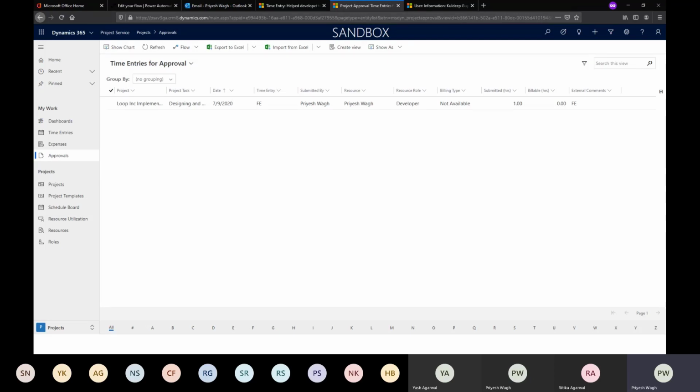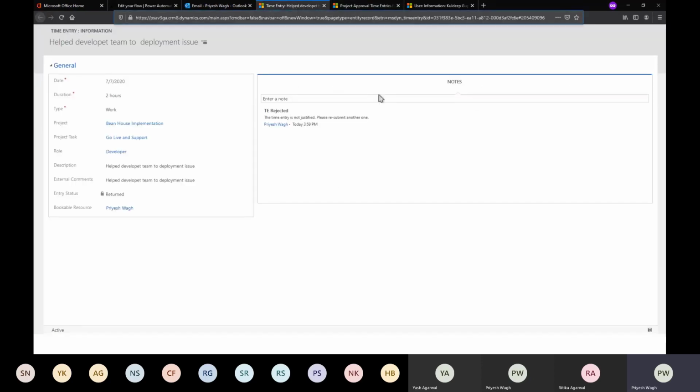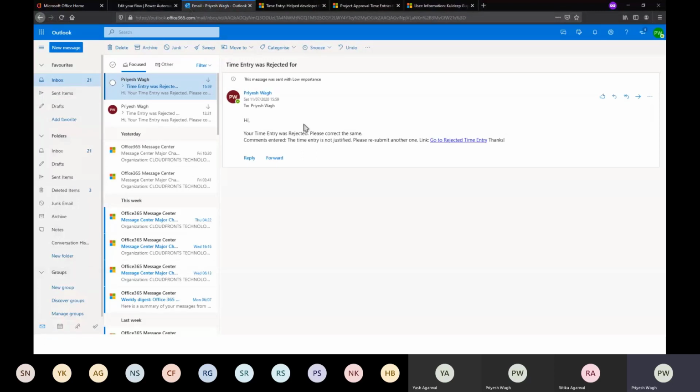Then I have another question from Arun. Can I recall my time entries to manager? Yeah. So I haven't added the recalling part in this flow, but out of the box in PSA, you can have it. And every time you approve a time entry, if that is already recalled, you can actually have a check in your flow that, oh, this time entry was recalled, don't do anything. So even if a project manager approves that time entry by mistake or rejects it, you can add that extra branch of functionality to tell the project manager again that, oh, sorry, the time entry that you were actually trying to approve or reject was recalled. So that's the way you can take care of it.